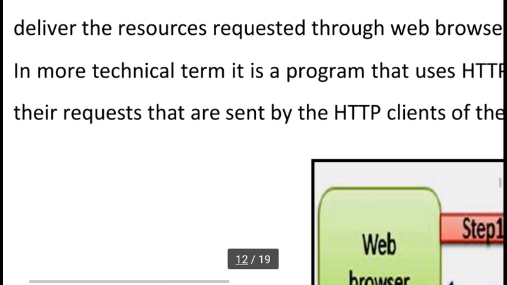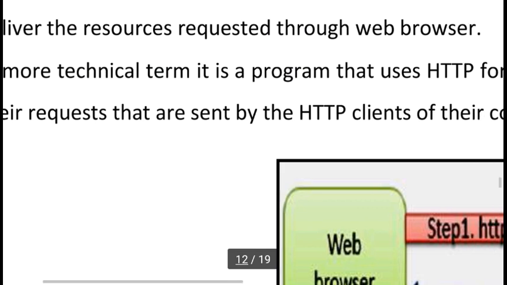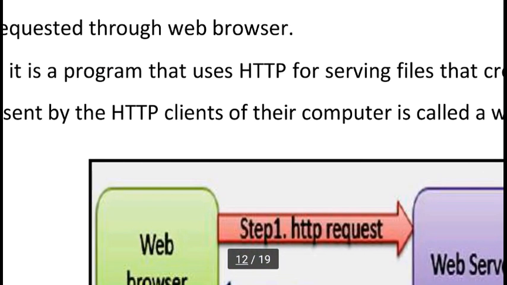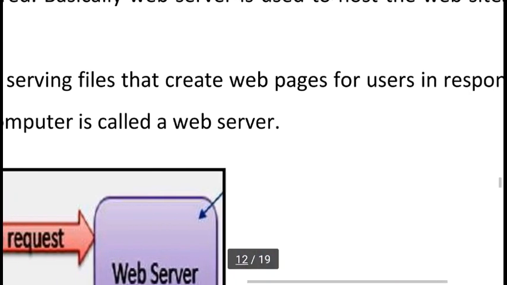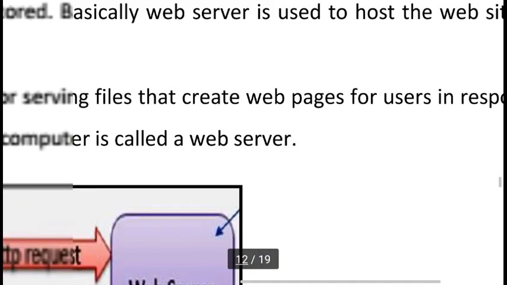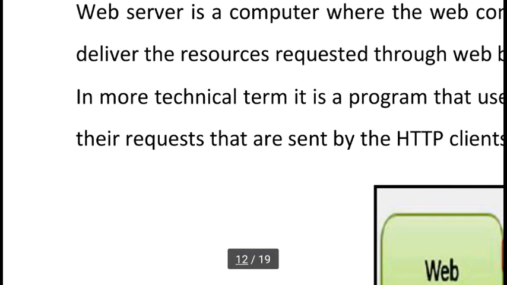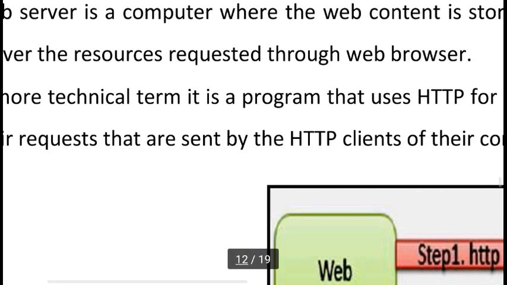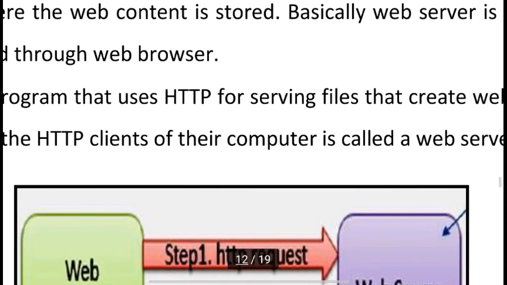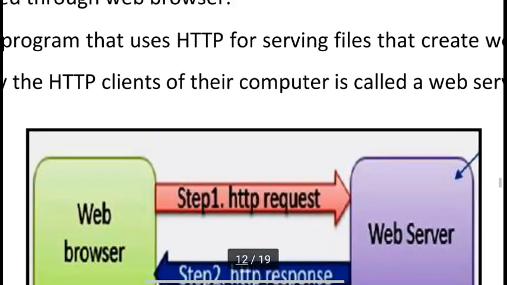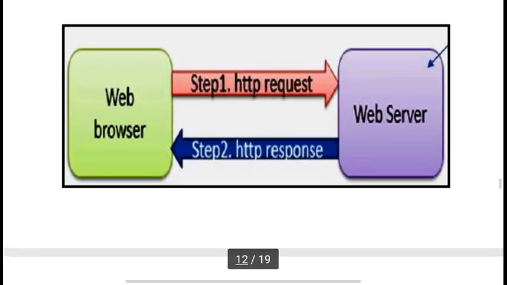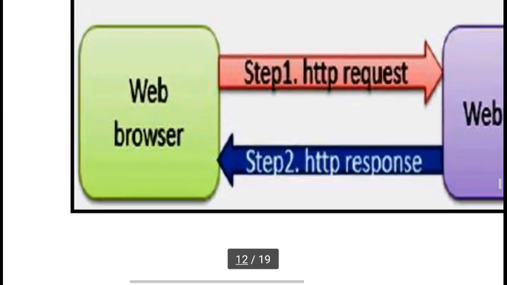In more technical terms, it is a program that uses the HTTP protocol for serving files that create web pages for users, in response to their requests sent by HTTP clients on their computers, and it is called a web server. So you can see the whole theory in one picture. Here this is a web browser.